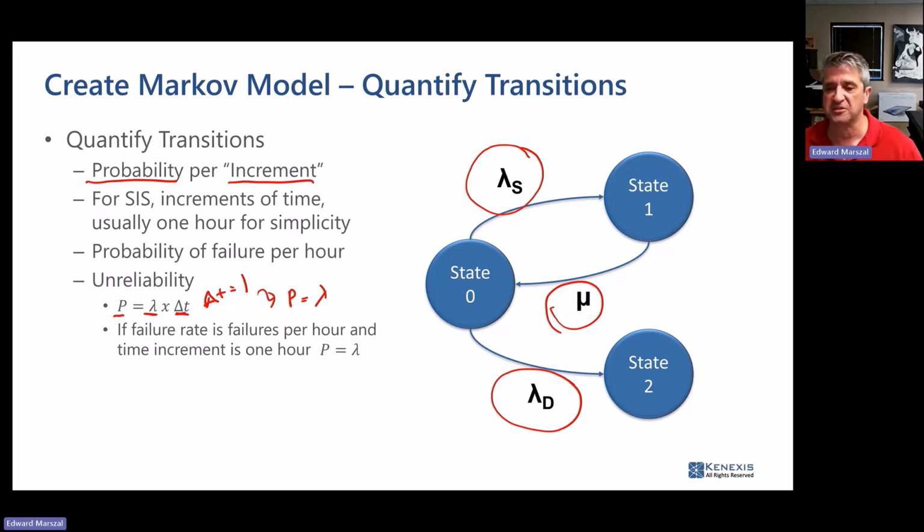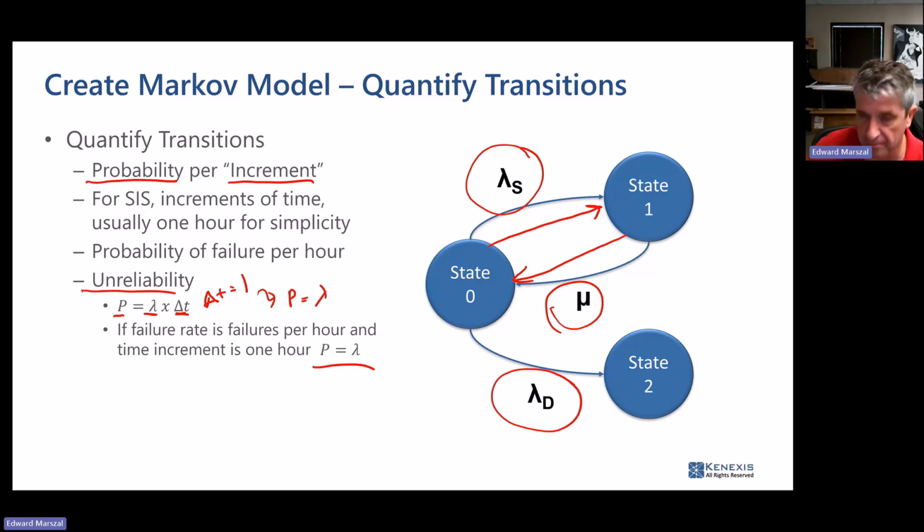It's just that there are some simplifying assumptions, for the brotherhood that does this kind of stuff, that we're going to use 1 hour and my failure rates are in per hour. So I can ignore that delta t when I do my probability calculation, and it is going to be a traditional unreliability calculation. Okay, so that's why you show that. So we've got lambdas for transitions from operational to failed. We have mu's for transitions from failed back to operational.